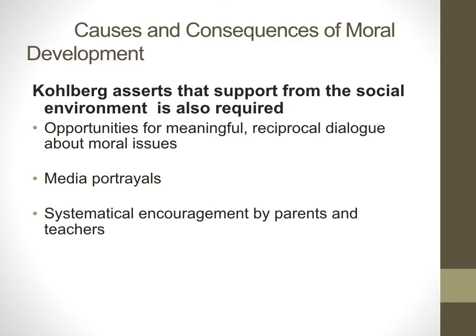So think back to earlier slides when we were talking about the quality of parent-child relationship and how that's really essential to moral development. Kohlberg even goes a step further and says systematic encouragement by parents and teachers is really essential for moral development. The example would be if a parent is able to express his or her own moral views and break it down at a child's cognitive level, they're more likely to influence a child's moral development. And I think that makes sense when you're able to talk about these issues, one, you're bringing awareness to them, but two, they're meeting the child at the cognitive level that they would be able to comprehend